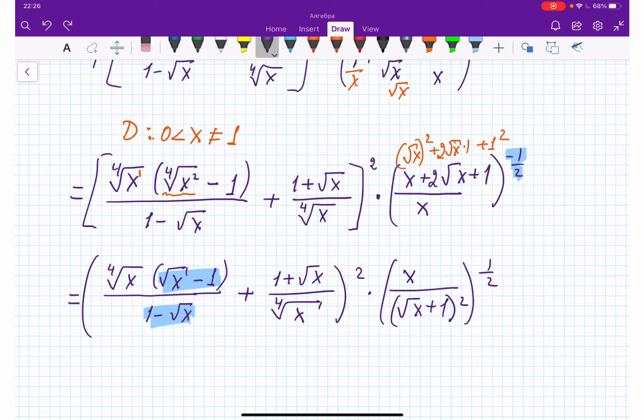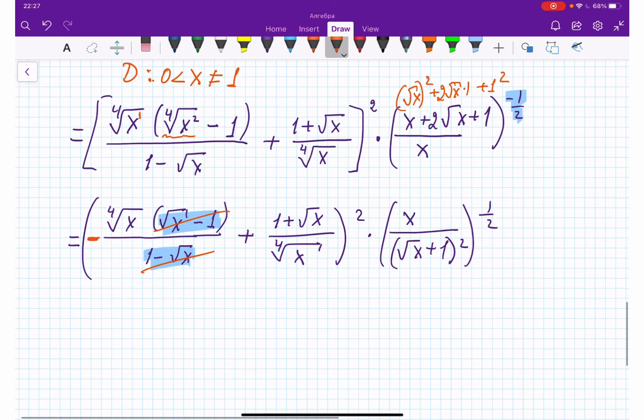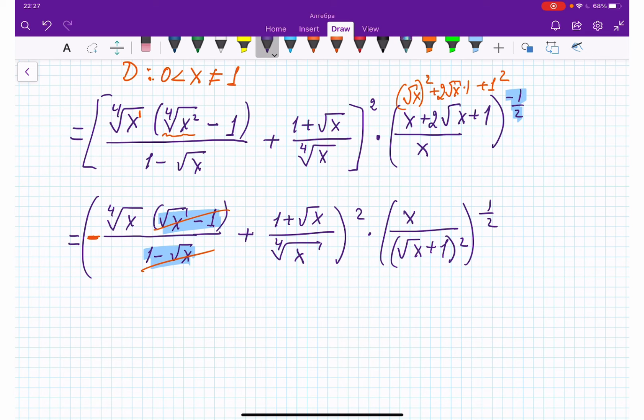Let me add this color so you will see the changes I'm doing, and canceling these two, right? Because adding a negative sign, I'm switching either 1 minus square root of x, or in the denominator I put square root of x minus 1. The bottom line is they are canceled, they are gone. And we have